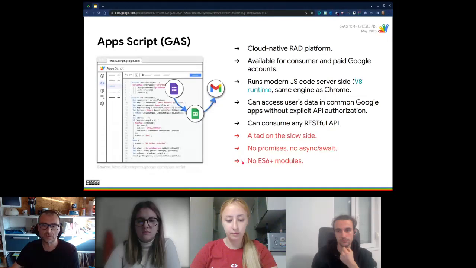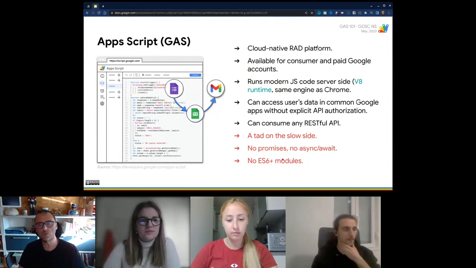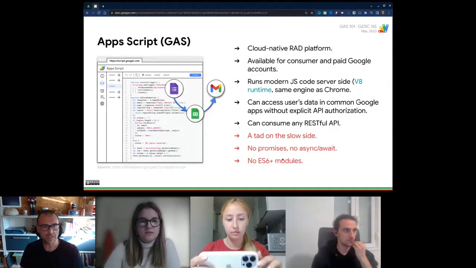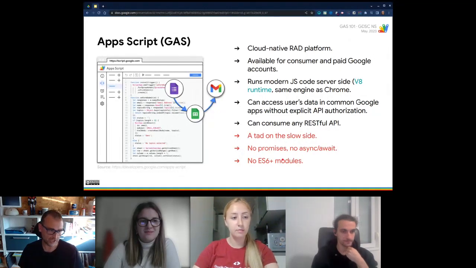And we don't have ES6 modules either. Well, we have something similar that is called libraries, but in the end, what this precludes us from doing is scaling our AppScript programs, creations, or apps beyond a certain extent. Maybe they don't scale well when you try to develop big projects.